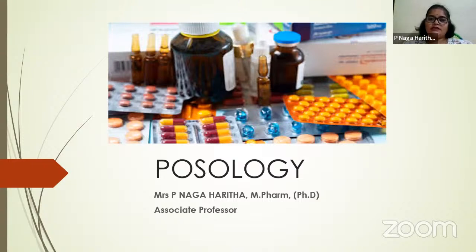So this posology is not only important for pharmacy students, however, this is also important for those people who want to calculate the doses from the given official dose. Okay, so